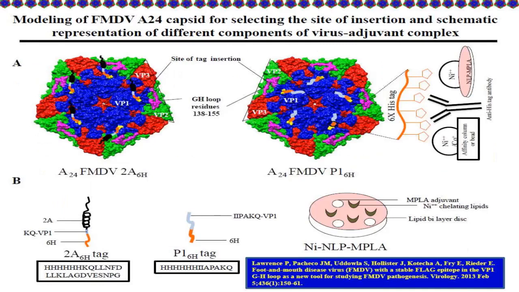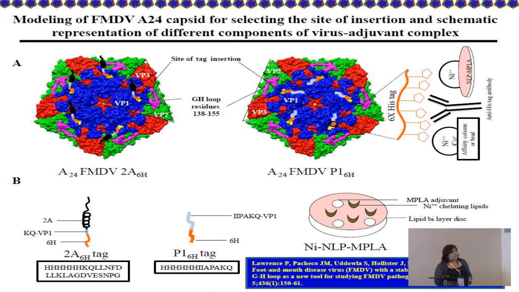So it was important to not only look at the functionality of the capacity of these Histags to bind antibodies to be used as a support to purify the capsid effectively, but also what would happen if we combine with adjuvants that can be almost spontaneously, because it's just a matter of minutes or less, seconds, to really make this complex with adjuvants decorating